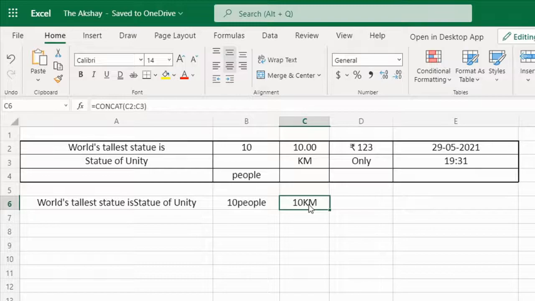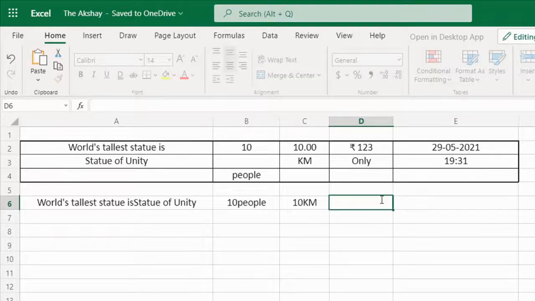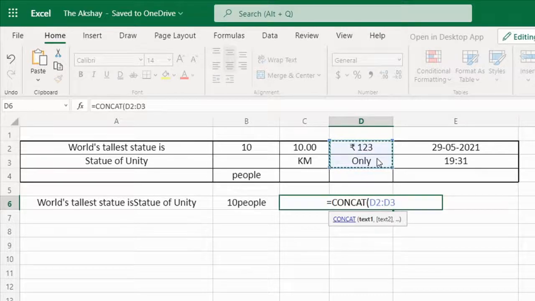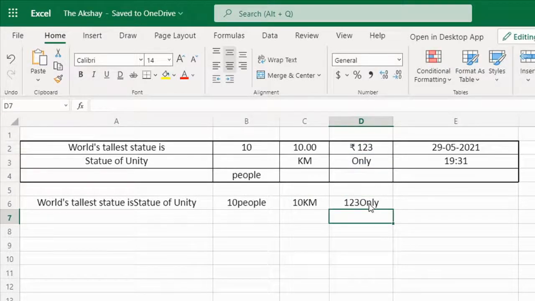So that's why it has taken only 10, not the point and the zeros. Now let's see the next example. Here I have currency and text. See, like I said before, it is converting everything into text format. So it won't take this rupee symbol.